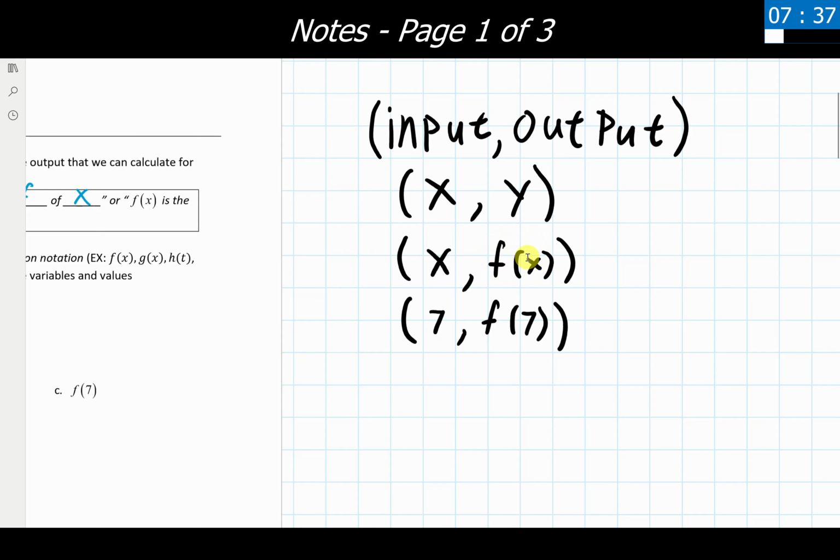So if we see some numbers written in, maybe I have an input value of 7, for instance, well, the output value is going to be f of 7. It's whatever this whole function, whatever that equation is, with 7 plugged into it, produces. So I just want to give this as a quick overview of how input, output, x and y, and some of these numbers stack up to one another. So this is very much worth writing down and referencing as necessary to make sure we're used to, here's my input and here's my output value. Because having that nailed down is very, very important for the rest of this section and topic that we're covering.